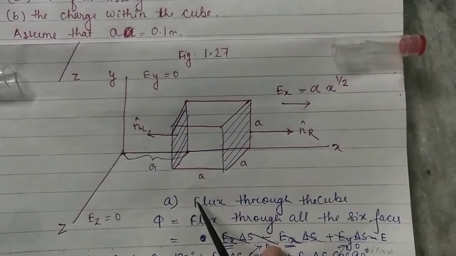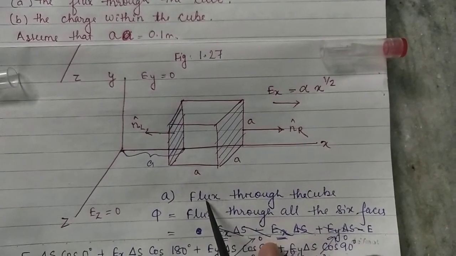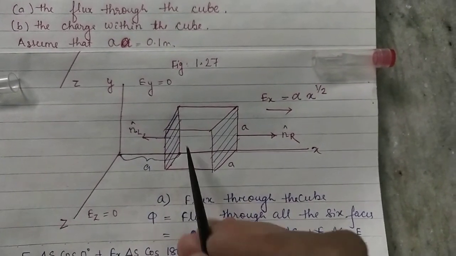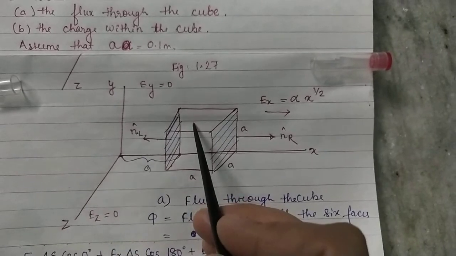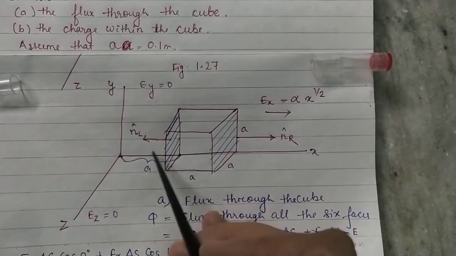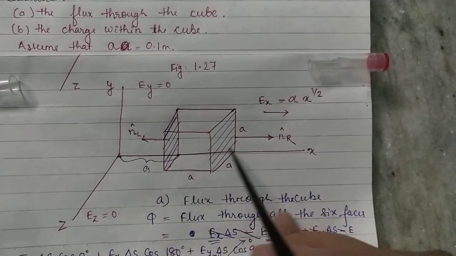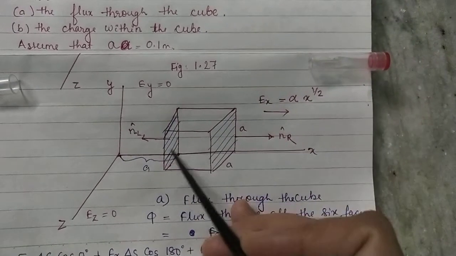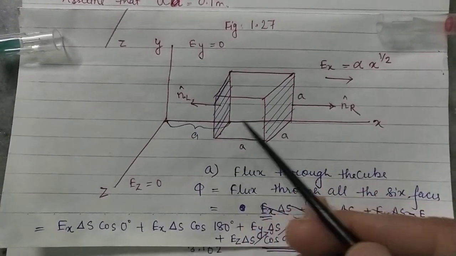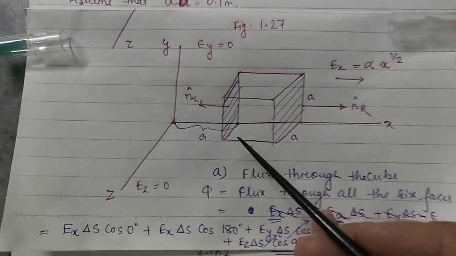First we will calculate the flux through the cube. Flux through the cube means flux through all the 6 faces of the cube. Here I am showing the 6 faces one by one, you see. Along the y component we have one face, this upper face, lower face, 2. Then along the z component, this front and back, 4. Along the x component, this right and left. So we are having total 6 faces. So we have to calculate the flux for all the 6 faces separately. Then we have to add all the 6 fluxes, and then we'll get the net flux.